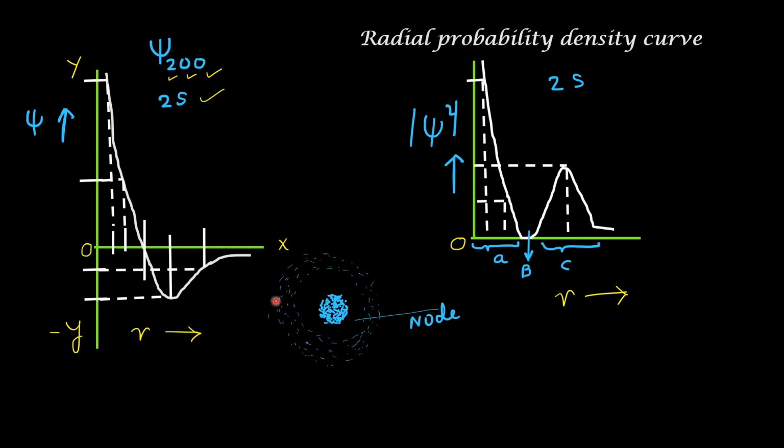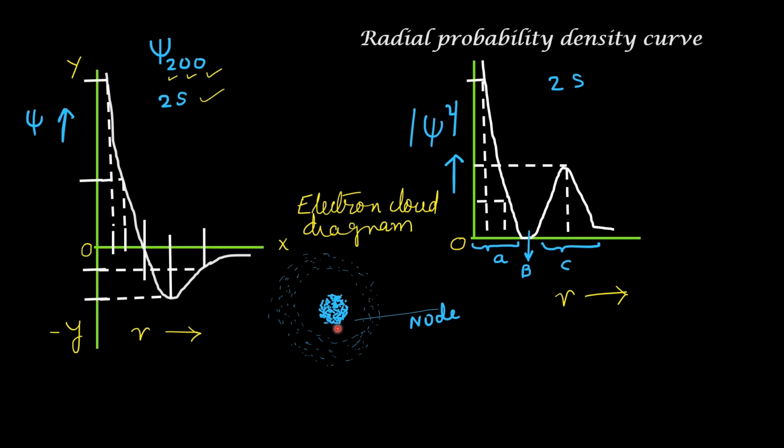Now, we will see the dot diagram or the electron cloud diagram of the probability. This brightly colored portion corresponds to this region A in the graph. That is where electron density is maximum. After that, there is a region where there is no probability of finding the electron. It corresponds to this clear region where there are no electrons or dots marked. After that, the probability slightly increases, marked by the region C, but it is much less than what you find for A. So this is shown in light color.